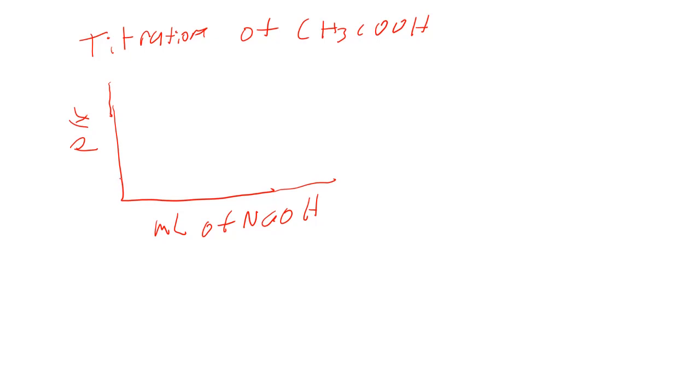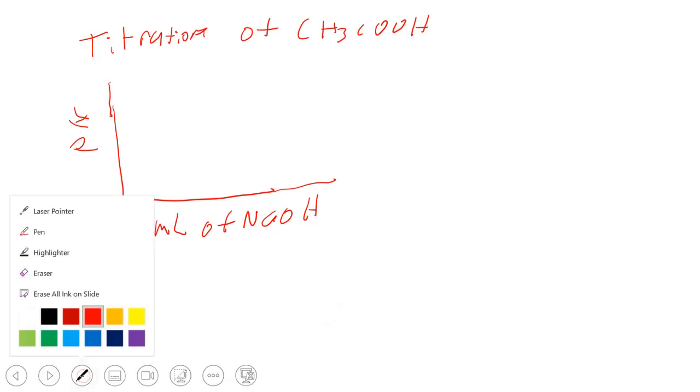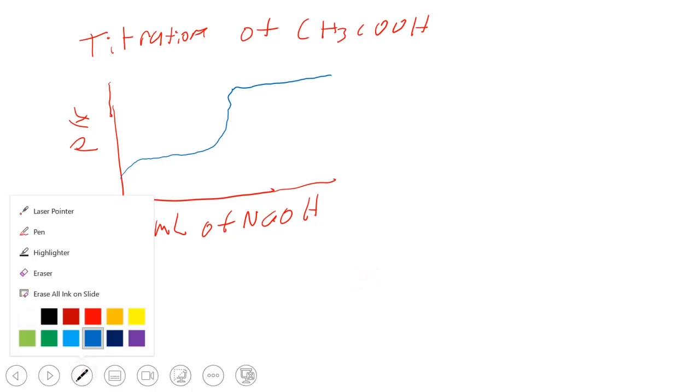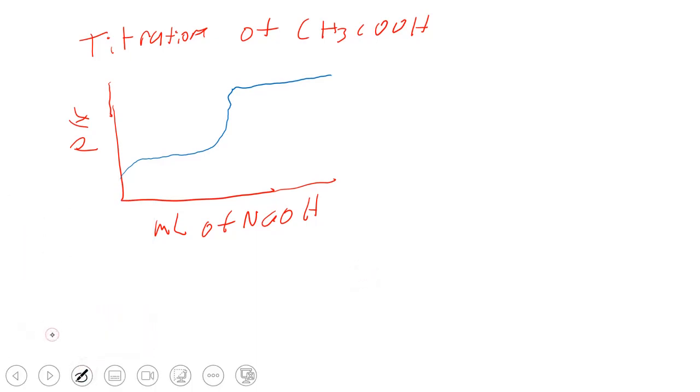What you're going to do then is you're going to have your curve, and let me put the curve in a different color just so it's a little easier to distinguish from the axes. And you're going to see a gradual slope up, and then it's kind of going to level off. So this point where you have this slope